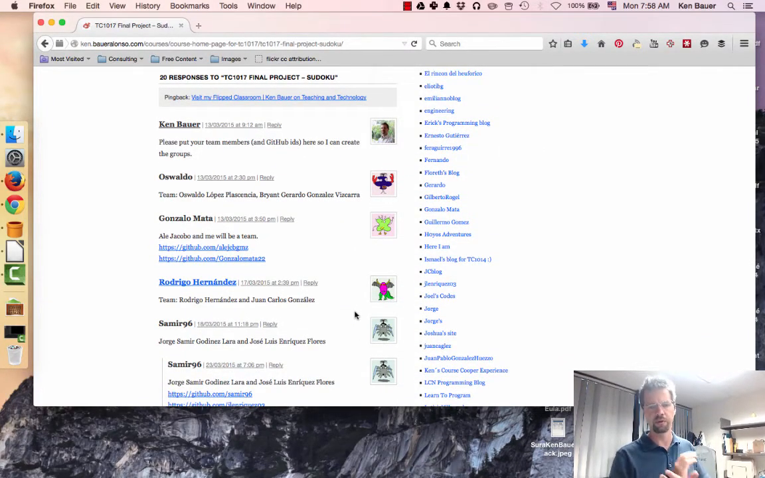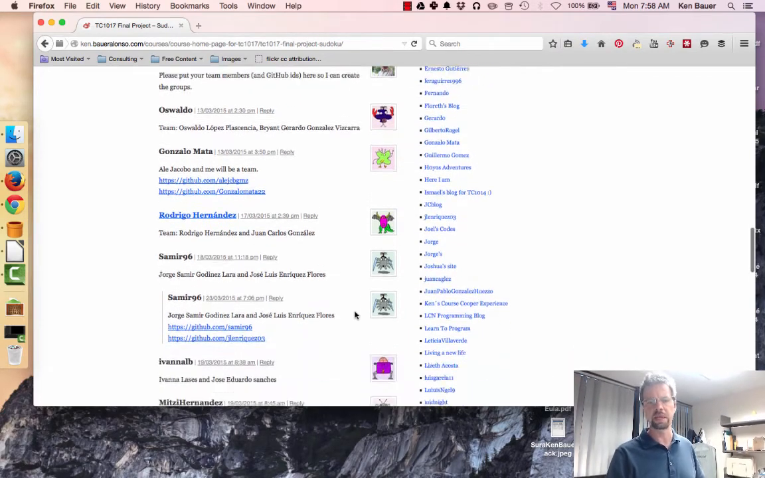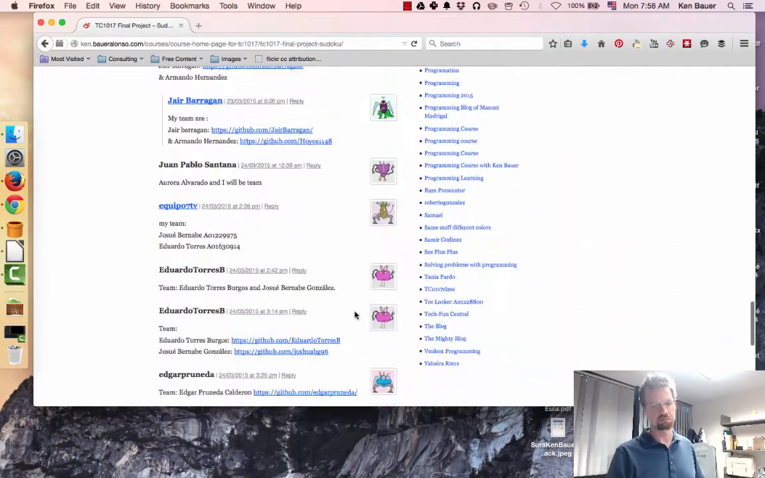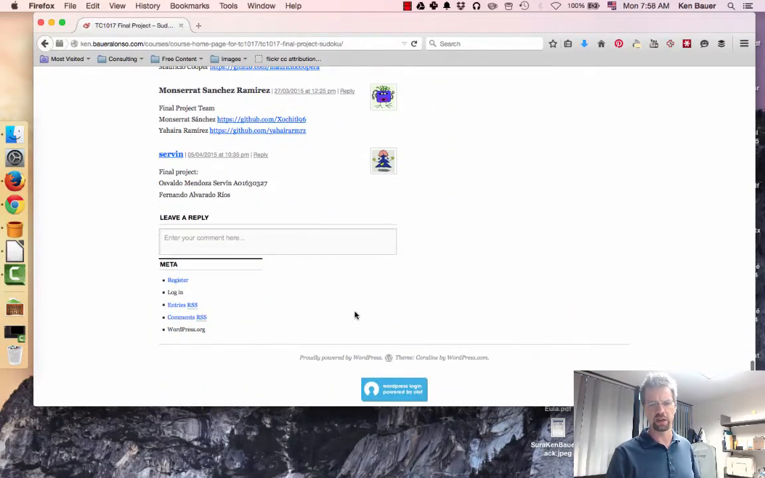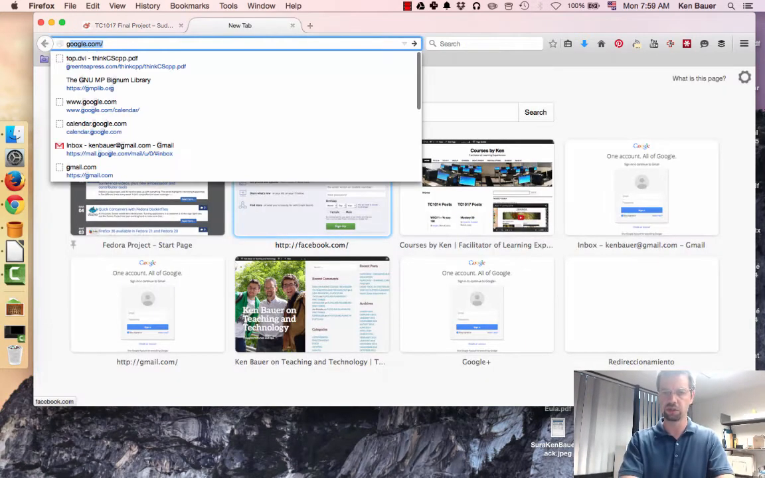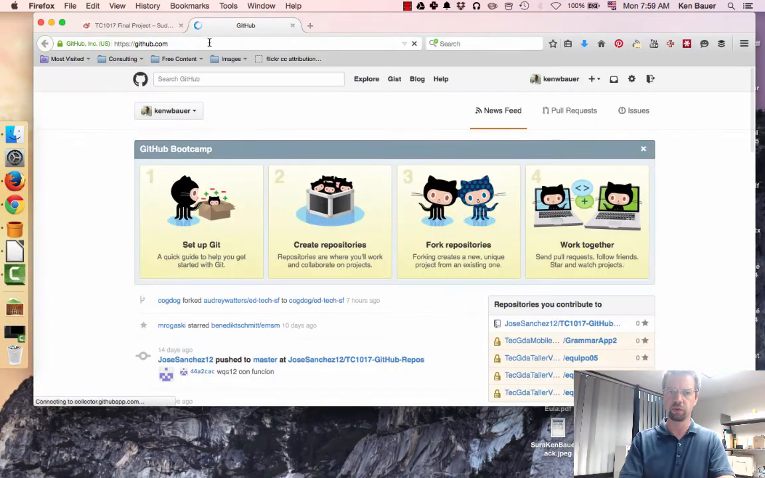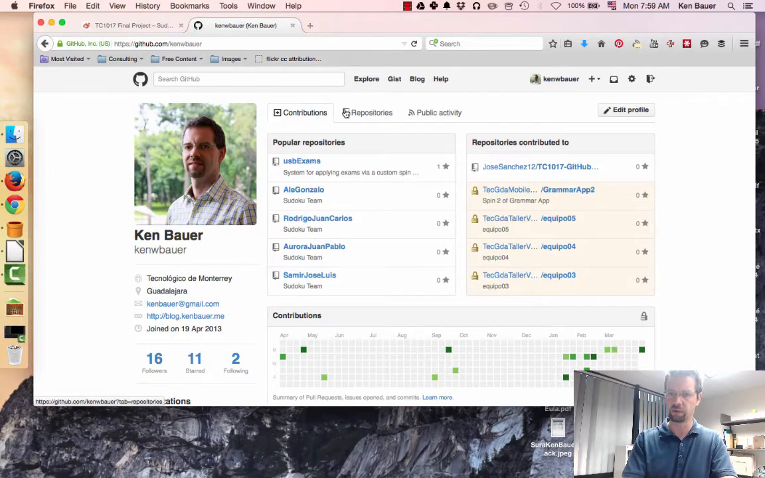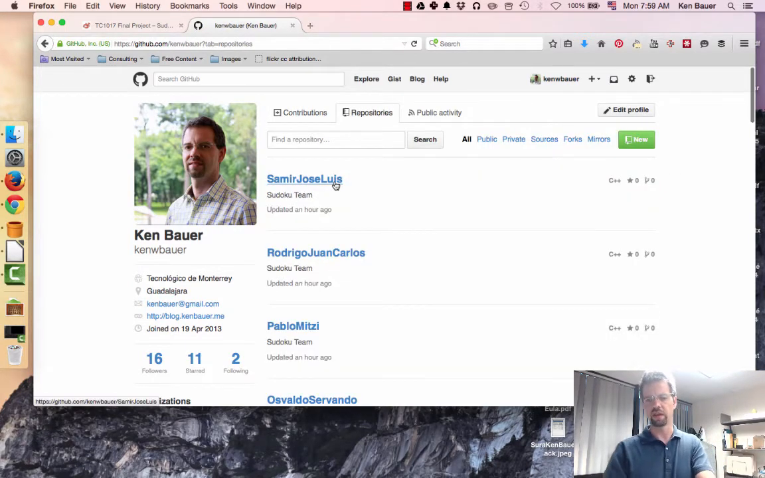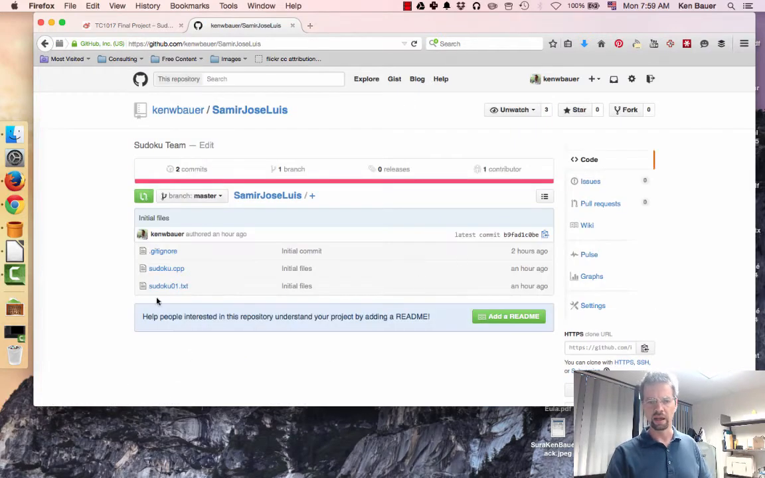I'm setting it up for you, so you need to tell me who your teammates are. Everyone else has said who their teammates are. I'm going to do a check here today and make sure who doesn't have teammates and start pairing people up. Once you have your teammates, you'll be able to go to GitHub. Well, you won't be able to. Once you have your teams and then I create the GitHub repository for you, you'll have a GitHub repository like this. Samir Jose Luis has a team, and I uploaded their initial versions of sudoku.cpp and an example input